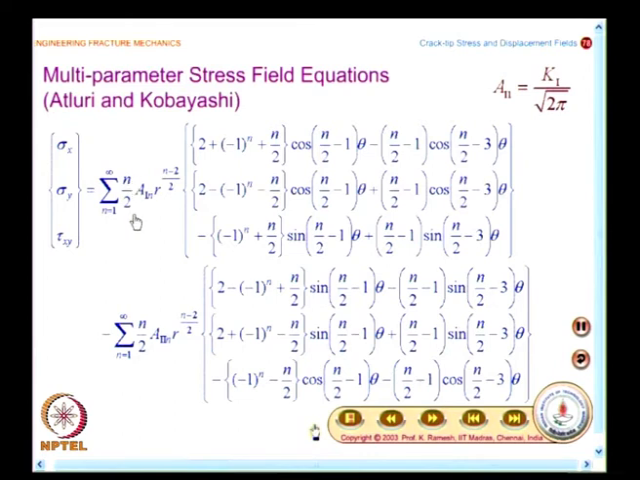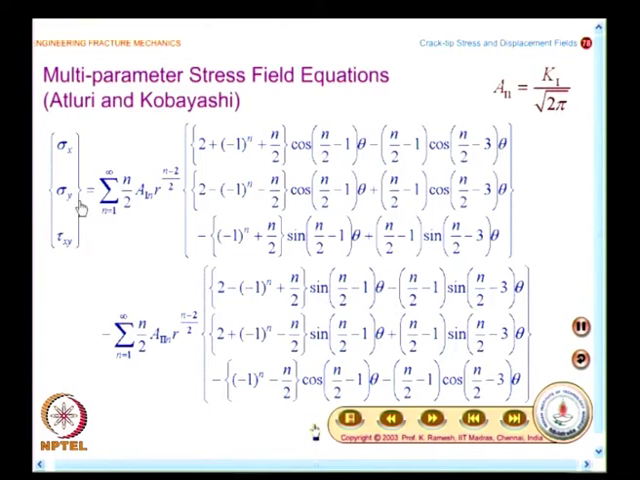I have n/2 A1n r^((n-2)/2), and for sigma x I have {2 + (-1)^n + n/2} cos(n/2 - 1)θ - (n/2 - 1) cos(n/2 - 3)θ,